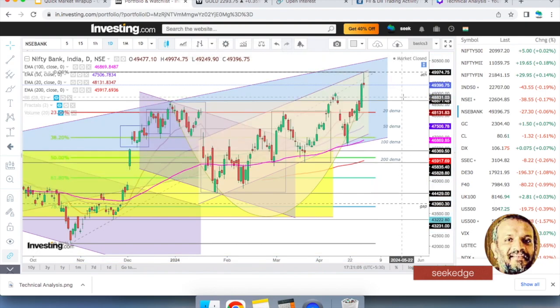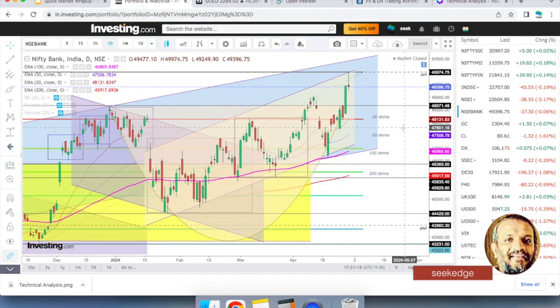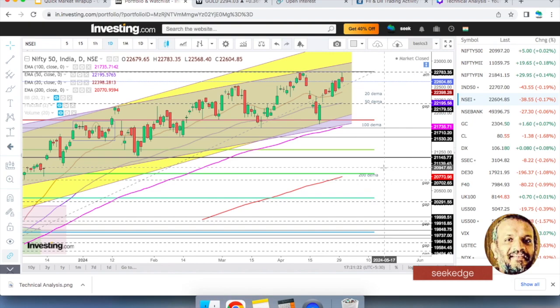So if you look at the resistance on the upside, the first one would be to take on the 50,000. The all-time high is also very close to that. After that, 50,500. That's uncharted territory, but that would be where the resistance would be. And on the downside, I will look at supports.